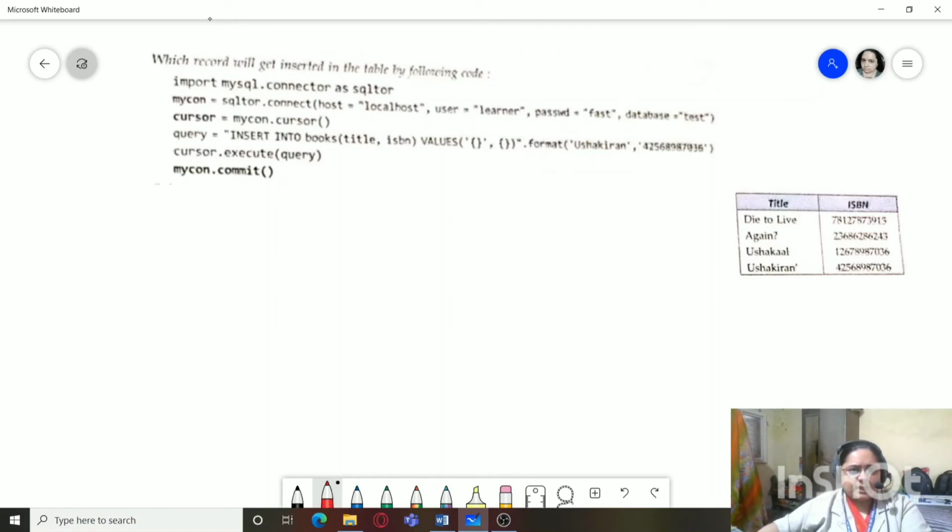Importing mysql.connector as sqltor. So instead of typing mysql.connector here, we can replace it with sqltor. So connection is being established on the database test.